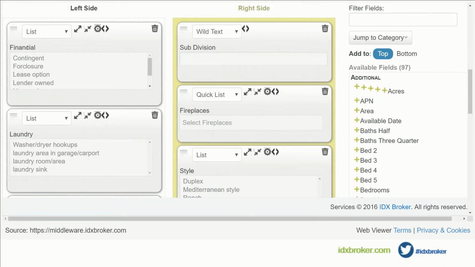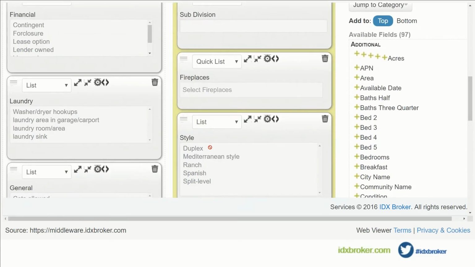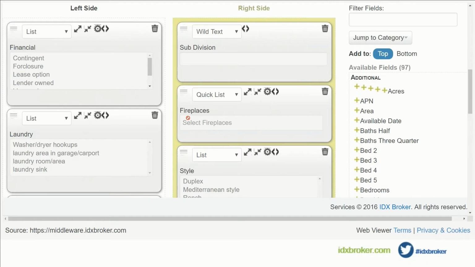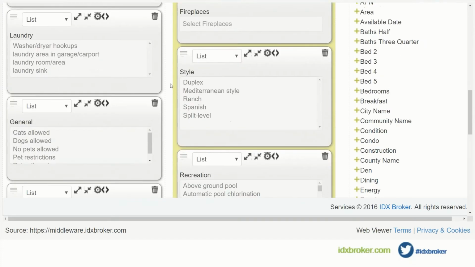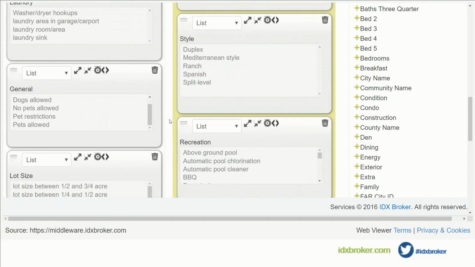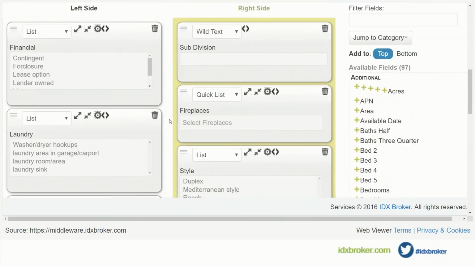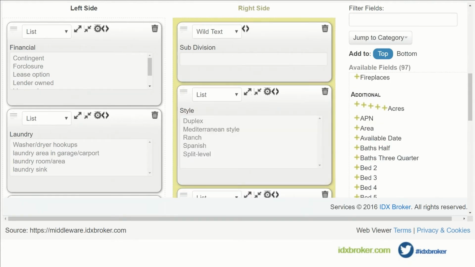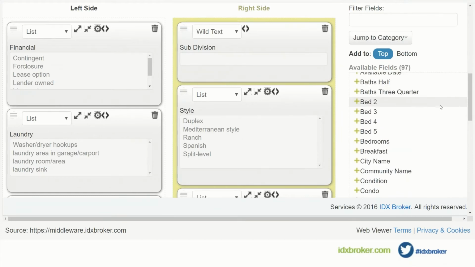And currently on mine, now these may be totally foreign or totally different. In fact, I would assume they would be different on your pages because I'm using some demo data. But we have financial, laundry, the style of the house, how many fireplaces, my subdivision field, recreation, lot size, etc. But I can change these. So let's say I don't really care about fireplaces. I can go ahead and delete that one. And then I can add additional fields